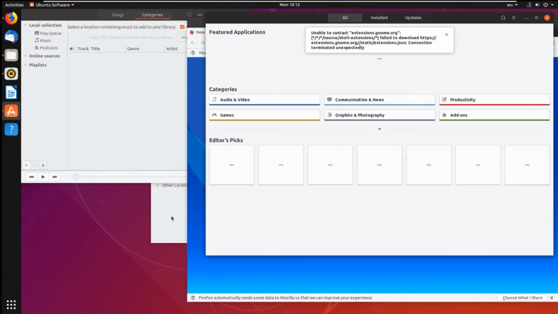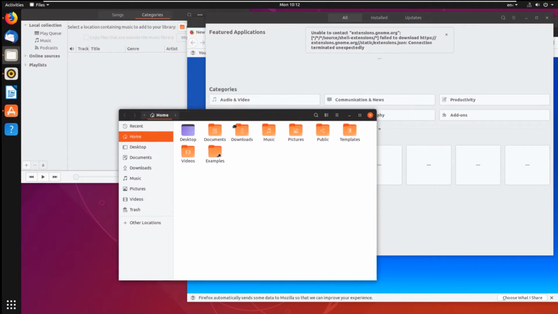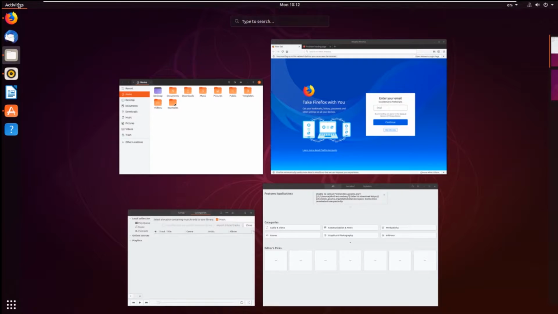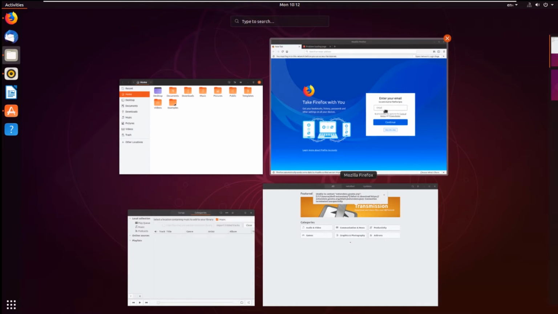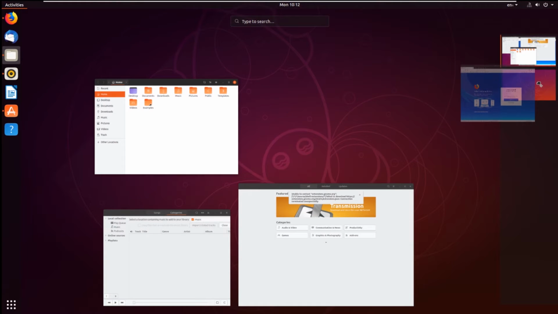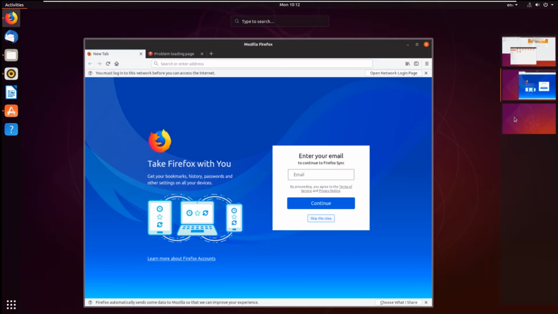The function of activities over here is that it will display all of your windows, like here, in a manner that you can organize them and you can actually put them in another virtual desktops. Yeah, right. Like that. Okay, so